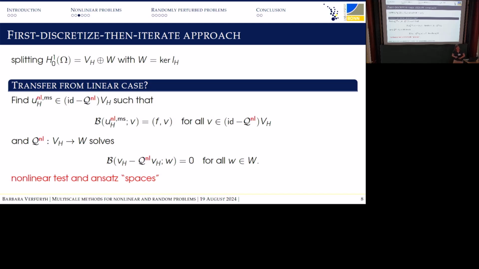And in order to circumvent these things, the first thing we did was a very simple, maybe too naive idea: to say, okay, if I find a good space here, I can maybe live with solving the coarse nonlinear problem. It's something I would need to do even with the coarse finite element discretization anyway. So let's think mainly about the construction of this space and the construction of this correction operator. Can I make this linear in some sense to avoid all these difficulties of the nonlinearity?